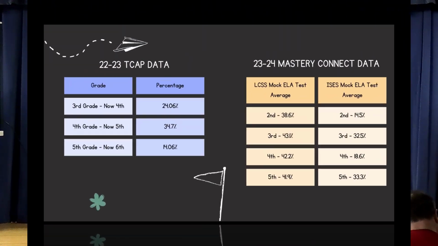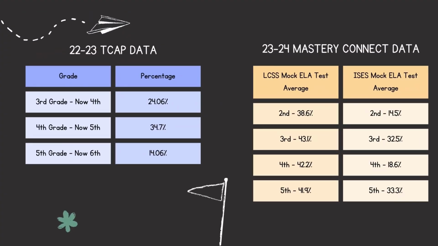So our 2023 TCAP data for grade 3, now grade 4, is 24.06%. Fourth grade, now fifth grade, 34.7%. Fifth grade, now sixth grade, 14.06%. And our mock ELA test that we just did for the 23-24 Master Connect data, our district second grade